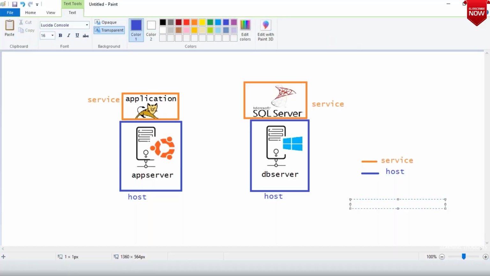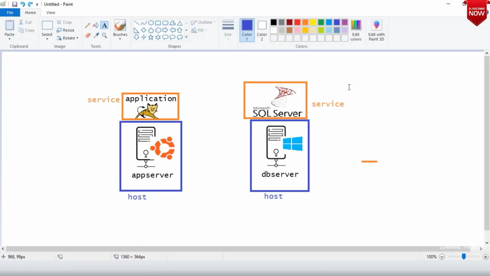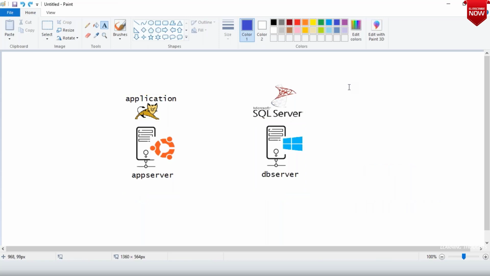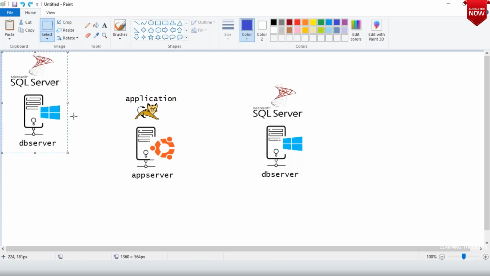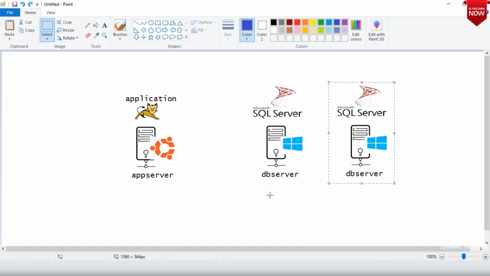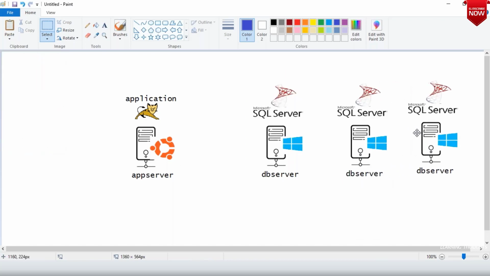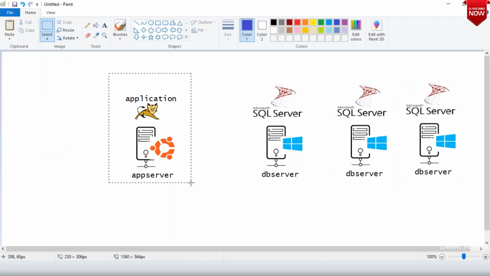So what Nagios tries to tell is, let me remove this stuff. I might have many database servers, depending on what you are trying to do.